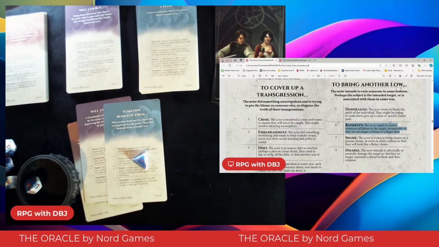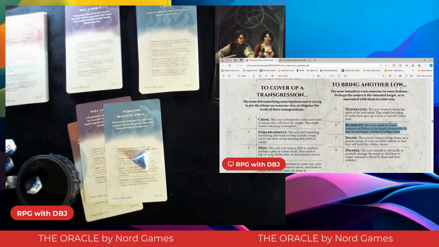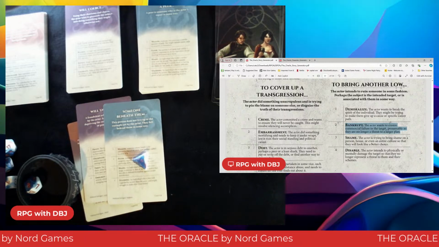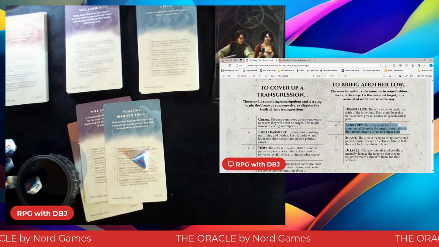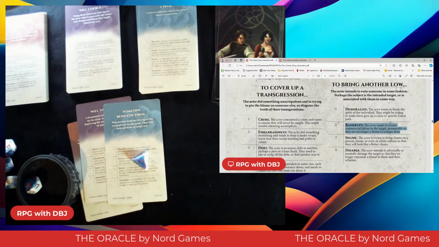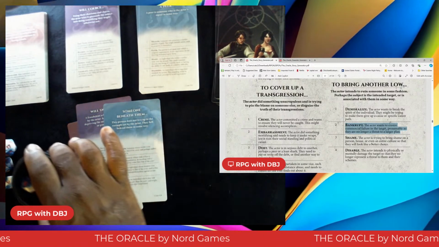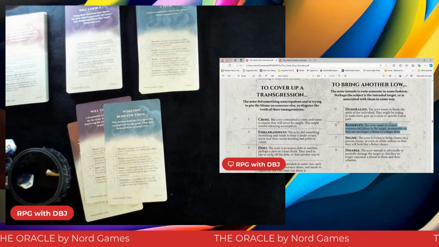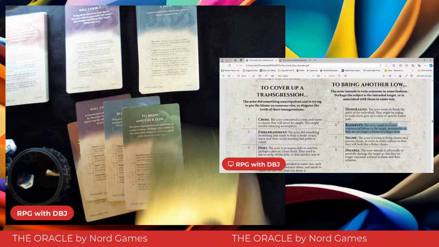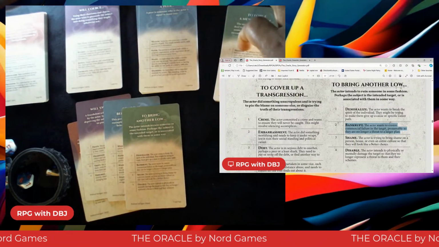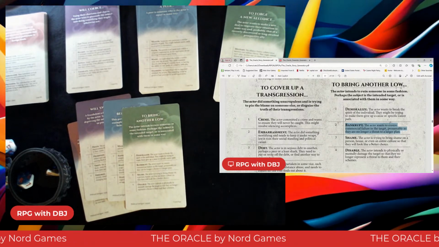Now, of course, bankrupt could be cash, but it could be something else, a loss of some kind or access to something of great value, maybe, or it could be moral bankruptcy, but that might be pulling it just a little bit too far, especially if our actor might be morally bankrupt themselves. But we're going to bring another low, and then our last bit of this is our development,